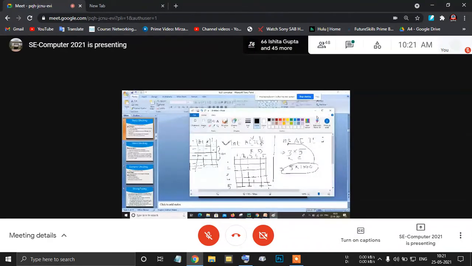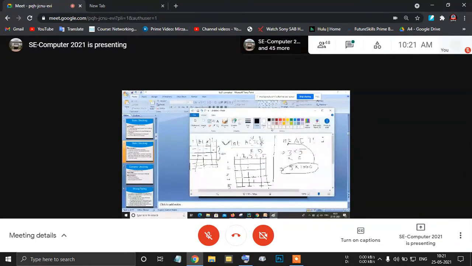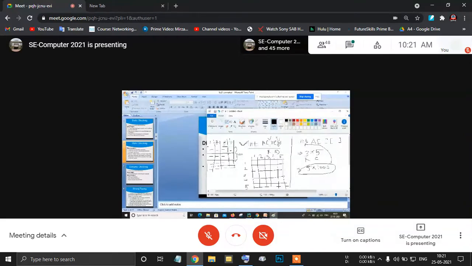Now what is the disadvantage? For every particular project or application, a particular compiler and interpreter has its disadvantages as well. So what are the disadvantages? For the very first one, I'll take this example. Now if I do not mention the row, it dynamically adds the number of rows. As soon as the user wants to insert 100 rows, it can be increased. If a user wants to insert 200 rows, it will be increased. So it will increase the time complexity. So you can see increased compile time overhead.